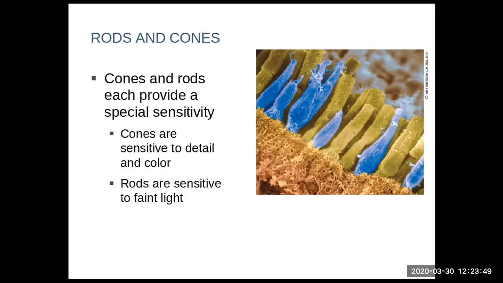So the rods are very numerous. There's a lot more rods than there are cones in the visual system. And these rods have very small, what we call visual fields. So they're giving information to the ganglion cells, but since there's so many of them projecting onto each ganglion cell, they only give a little bit of information. So they work really well in low light when it's sort of a blurry, fuzzy picture.